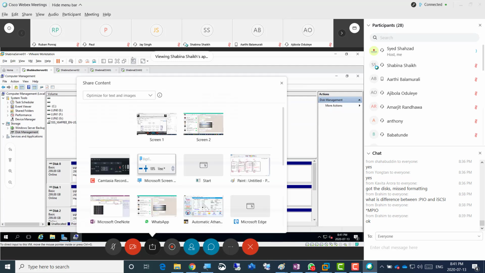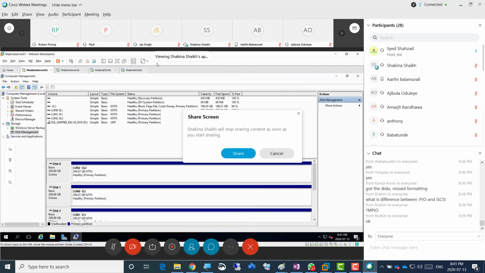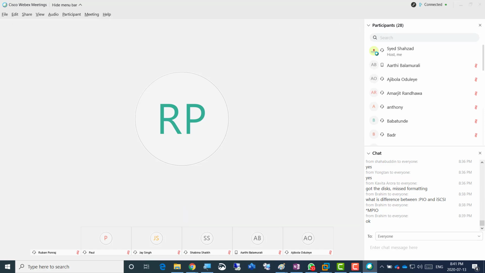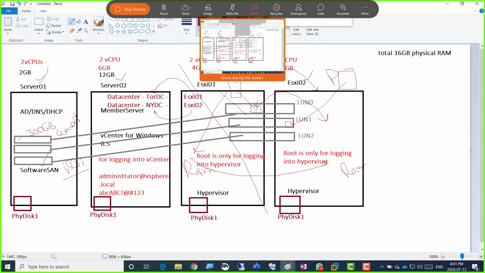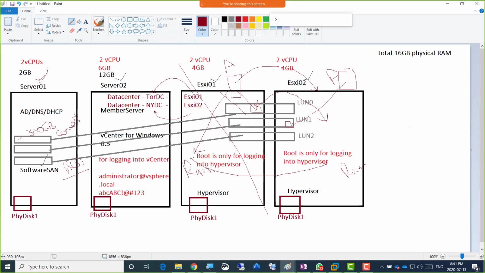So I'm just going to share my screen for a moment, then we'll stop sharing. Okay. So I'm sharing my screen temporarily just to show some terminology of storage that we're about to use here. Now there is a terminology called